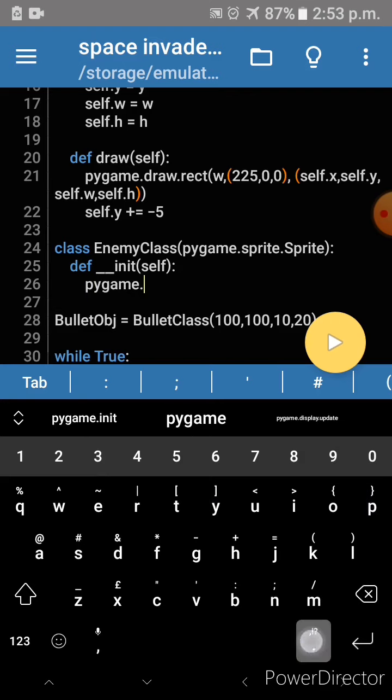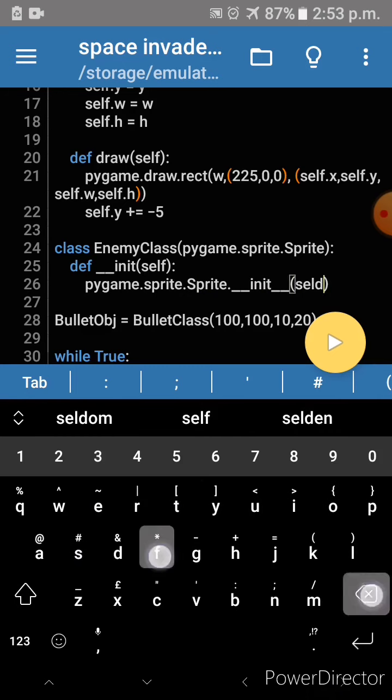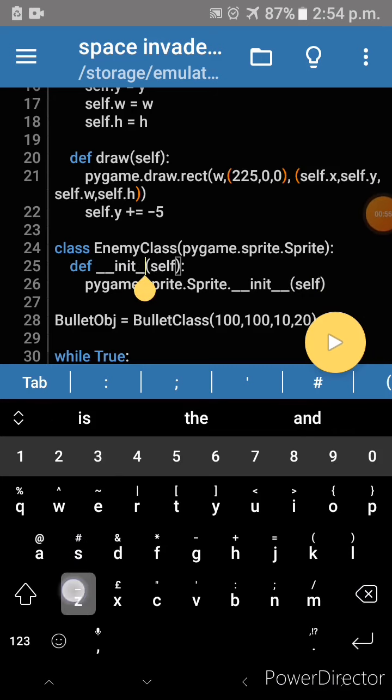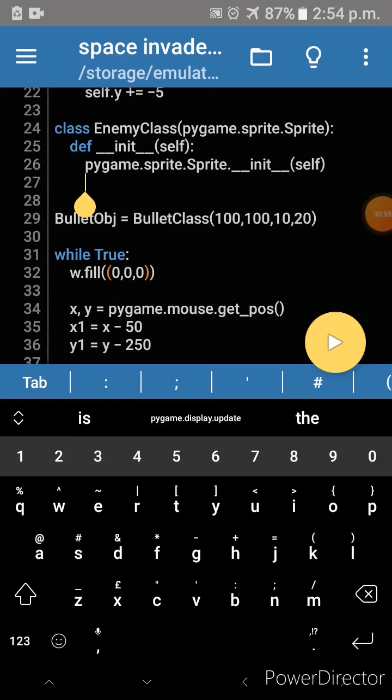Then pygame.sprite init, self. After this init we need to give 2 underscores. Now here comes the main part. We will give the image for the sprite. That means self.image equal to